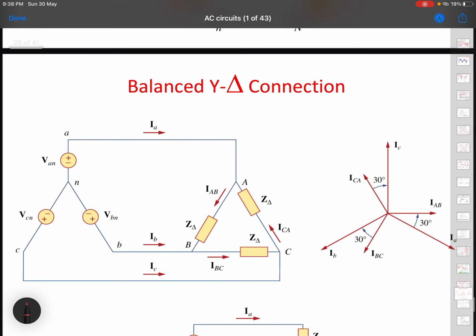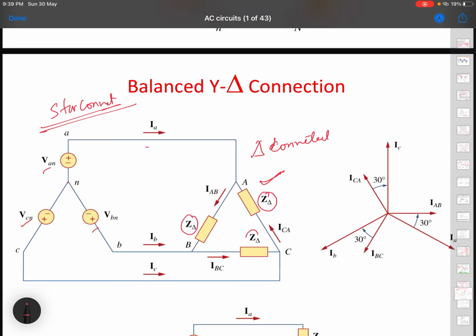Let's say your source is 3-phase star connected. So here is the star connected source, and of course balanced. We are talking only about balanced systems, and my load here is in delta connection, and they are balanced. So these are connected in this way. You have 3 currents here and the 3 voltages here, VAN, VBN, VCN, and these are the 3 phases.